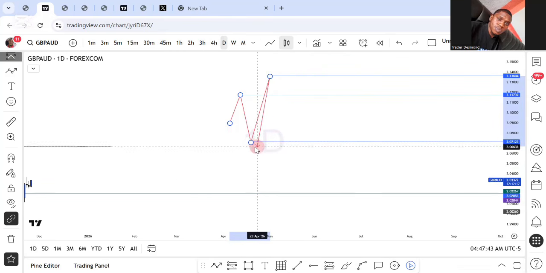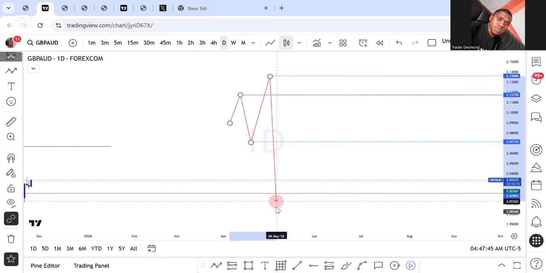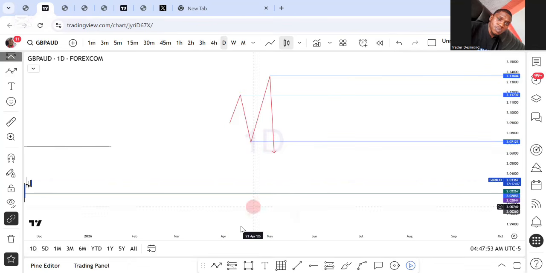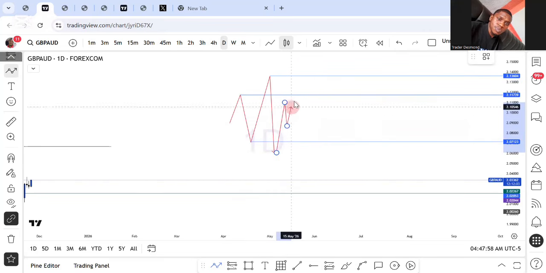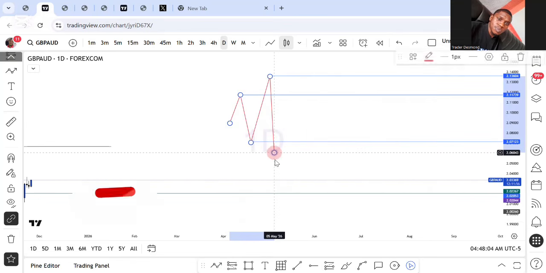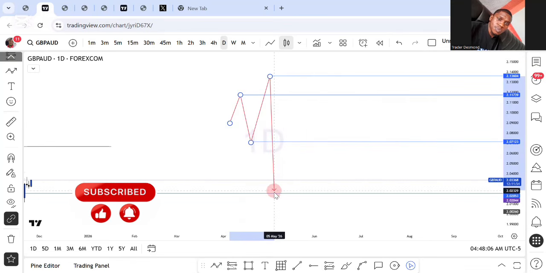You can tell if the market is going to use it here, so how deep it fell. But sometimes when the market drops to a level like this, not definitely, I don't use the word definitely, but most times you see markets going back to use either the QM or this guy here. But in this scenario, I'm trying to point out something for you: if markets fell so deep this way,